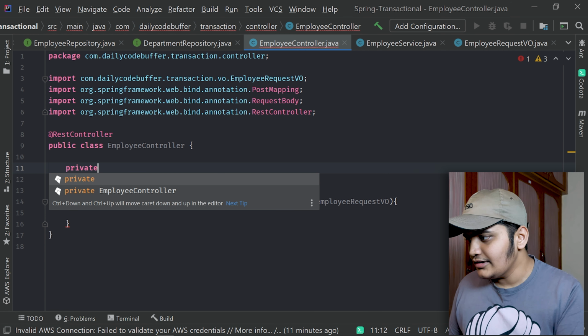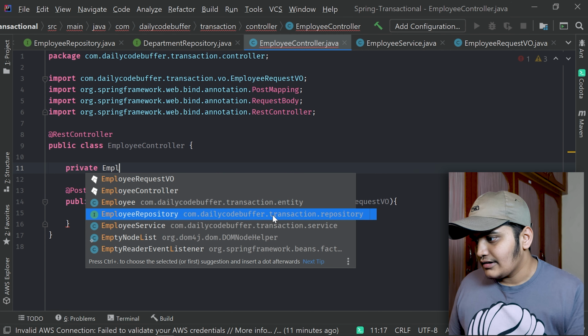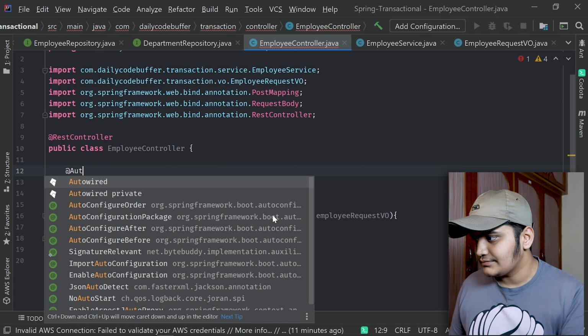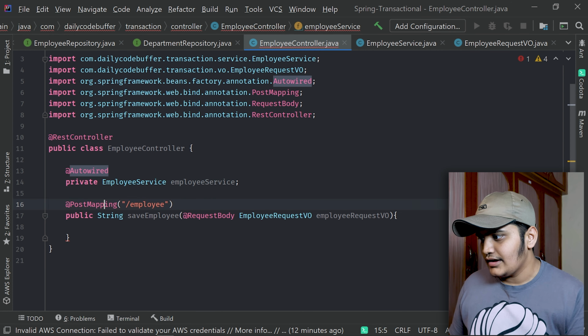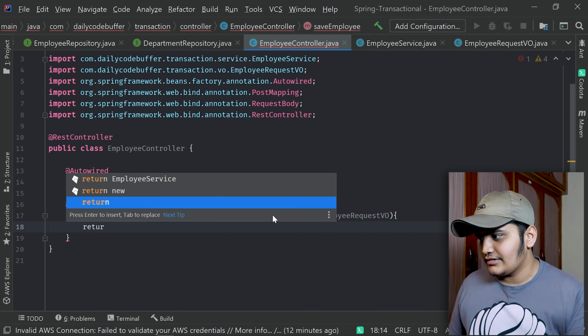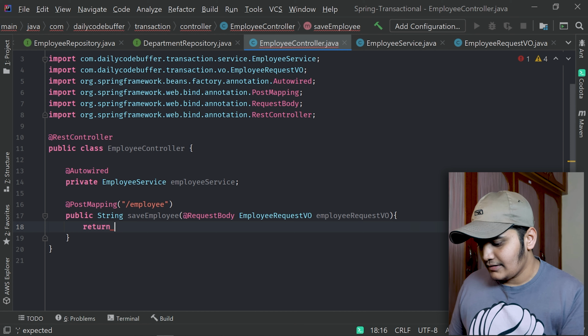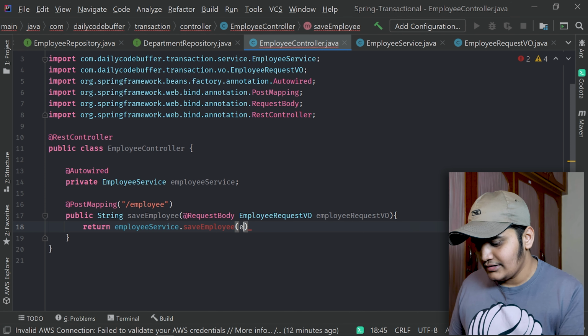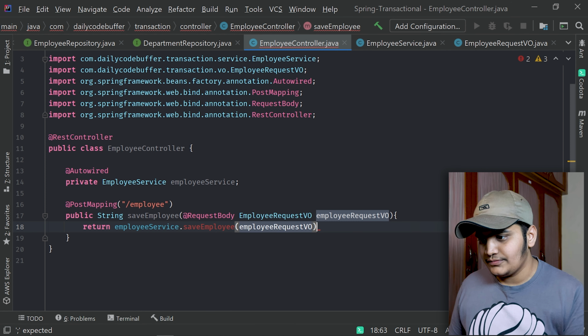We'll create the field private EmployeeService, and we will autowire it, and we will use return employeeService.saveEmployee, and we will pass the employee request VO.